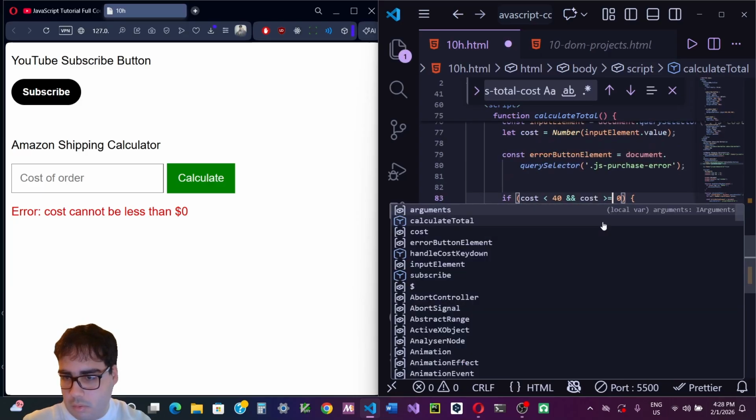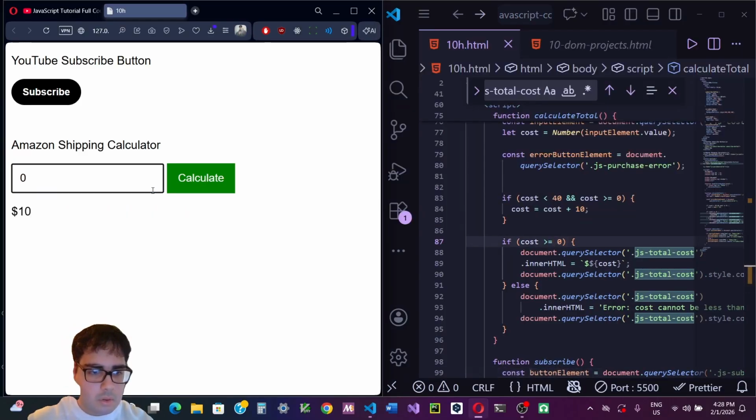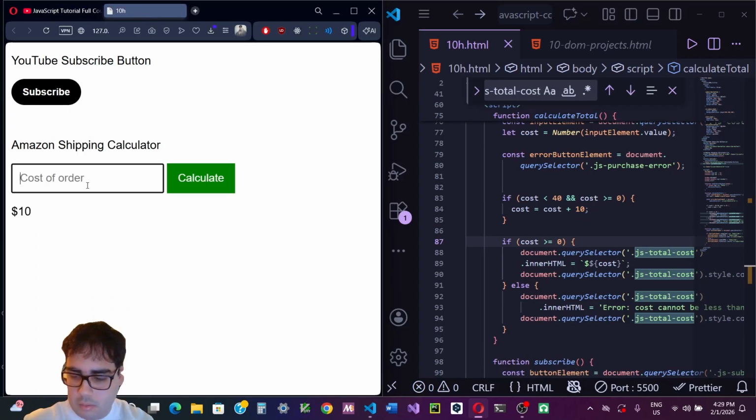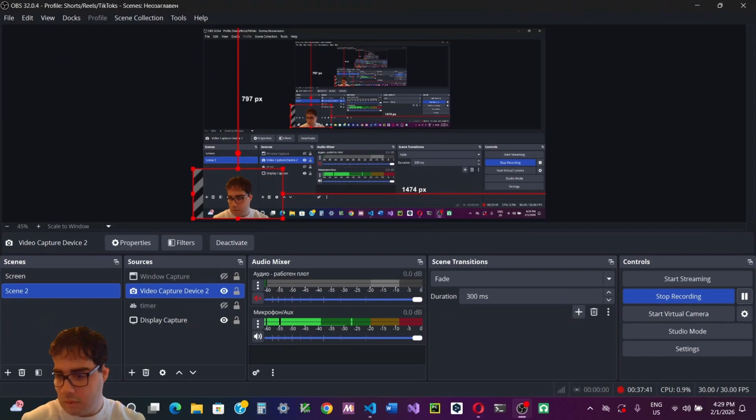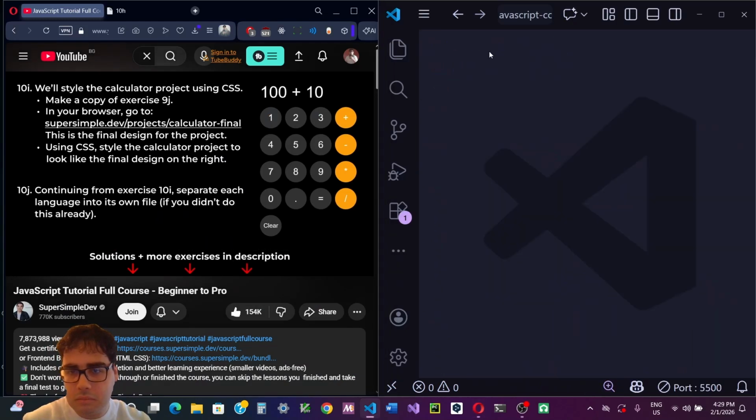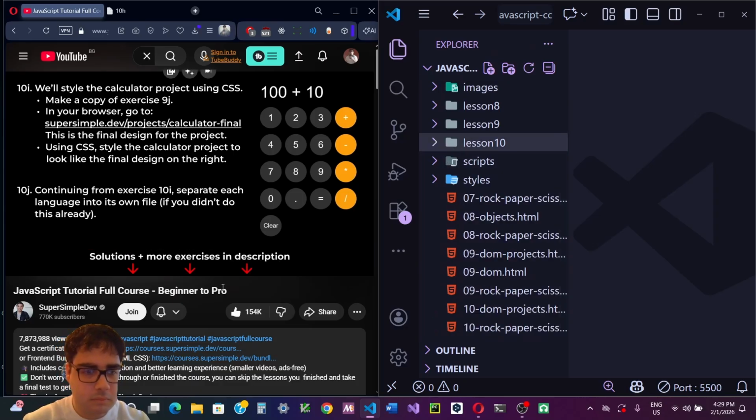Okay, so equal to, because it's 0, it's still gonna be less than $0. So if it's less than 0, then yeah. Otherwise, if it's 0 or greater, there we go. Okay. Final. 10i. Would style the